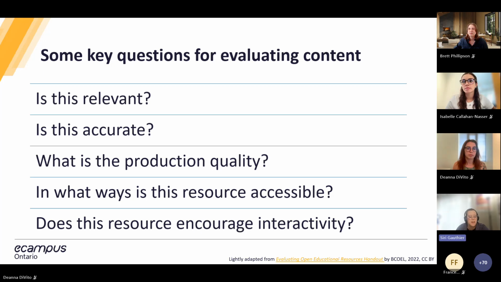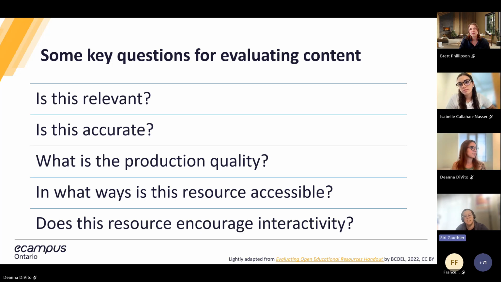Obviously, these will depend on your context, your professional expertise, what it is that you're planning to use. But generally speaking, these are ways to consider whether or not this is an OER that you'd like to build an adaptation from. So one of the questions is, is it relevant? That seems pretty straightforward. Does this actually matter for the thing that I'm trying to do? And then finally, is this accurate? Just because it's relevant doesn't necessarily mean it's all true, or that it's not missing the mark. So as you're going through this journey and evaluating, make sure that you're actually engaging with the content yourself, evaluating it for relevancy and accuracy.